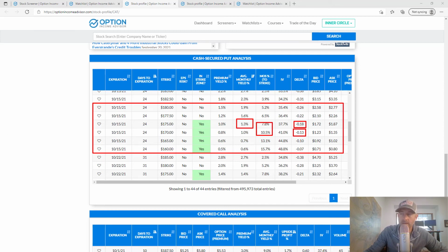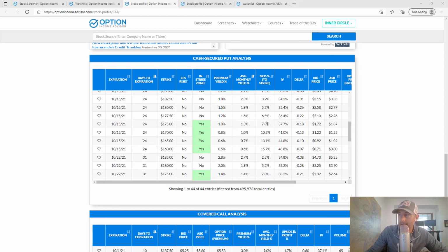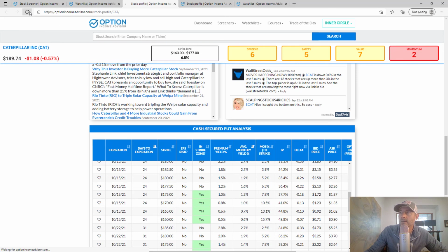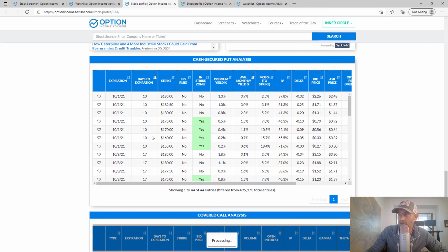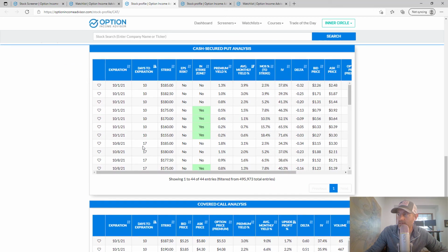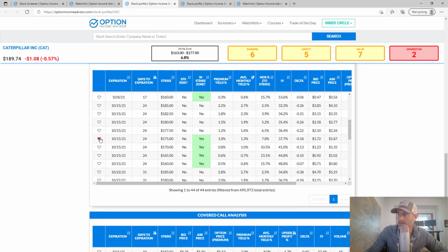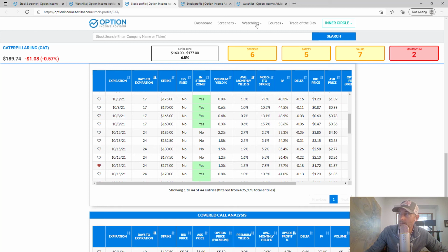And that's, again, why these lists are important, because it gives you ideas of which puts make the most sense. So let's go ahead and add that one to the list. Remember, I already created Ryan's October dividend stock cash secured puts. So we added that to the list, right? And remember, now if we refresh Caterpillar next time we go to that one, we're going to see that one highlighted.